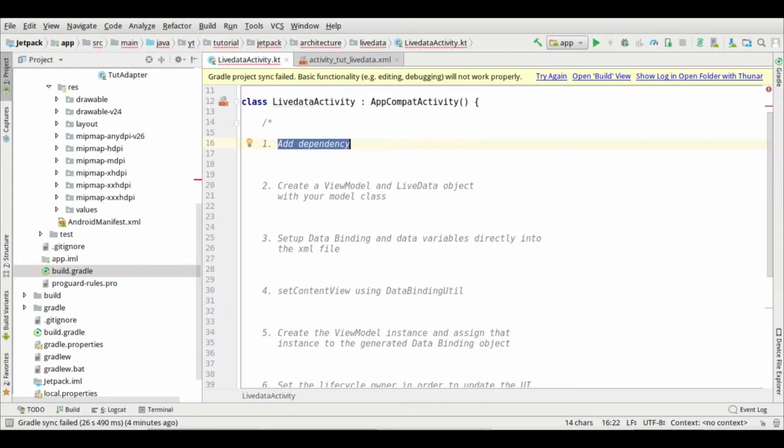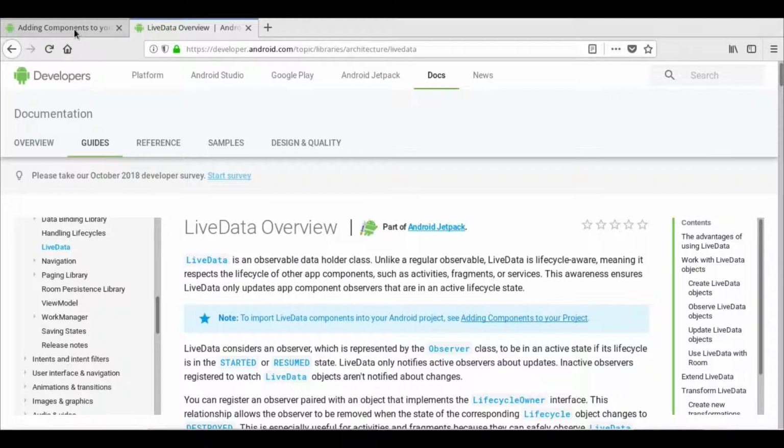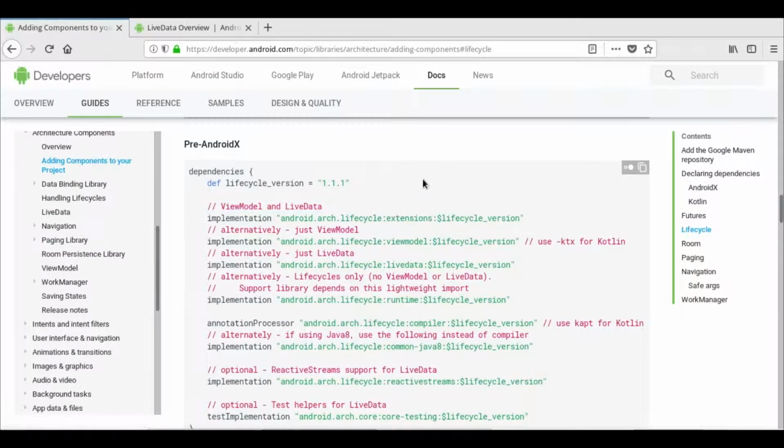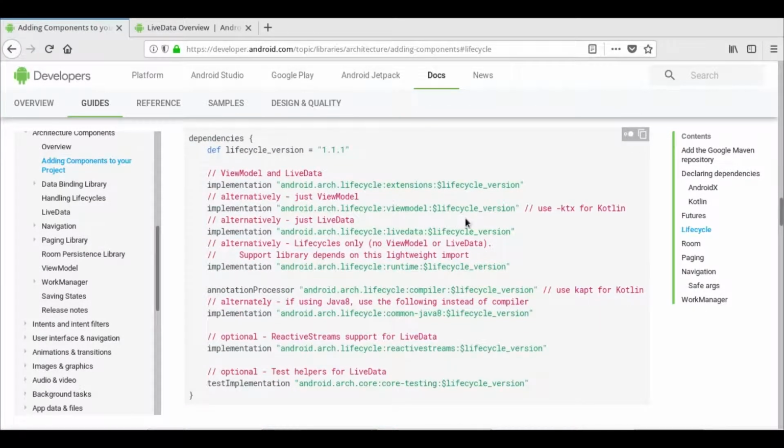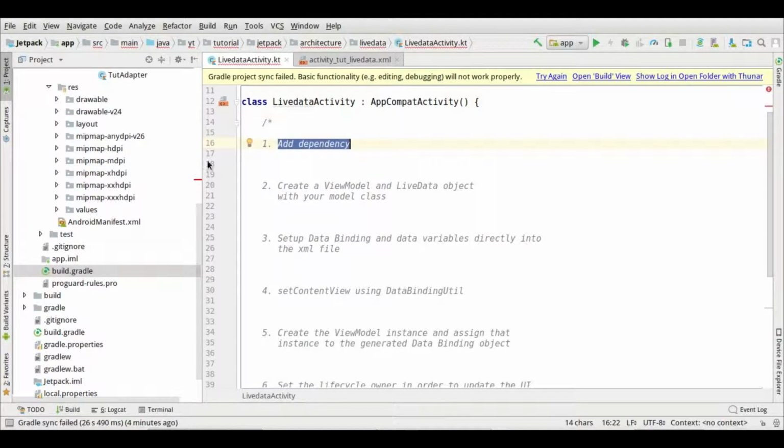First step is to add the necessary dependencies. Let's go into documentation and copy this. Make sure it is the pre-Android X, if you haven't installed Android X. If you have Android X, you can use this, but I think you need to add some additional configurations. I'm not sure. So I'm gonna use this,